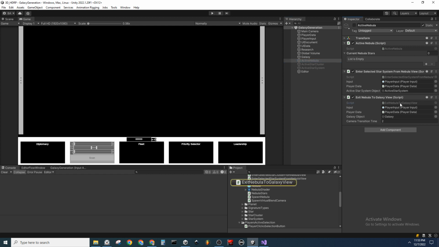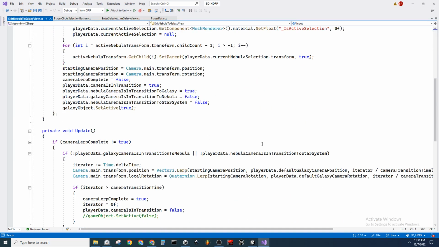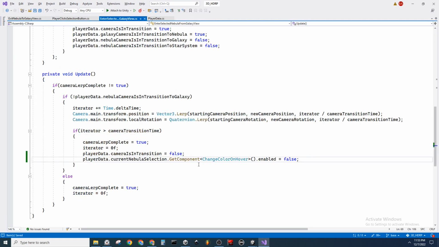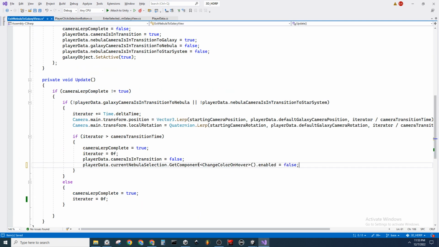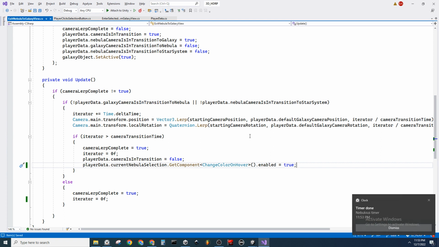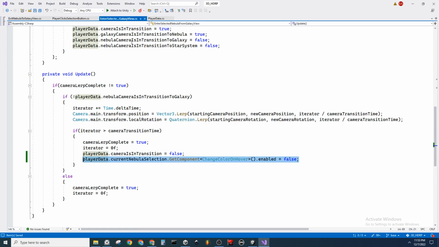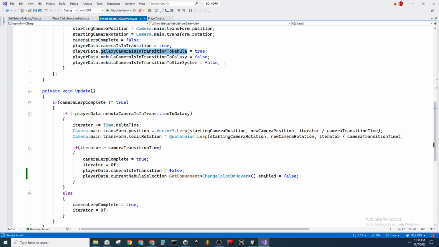Whenever we exit the nebula, we are essentially going to do the same thing. And we're just going to say, oh, and actually this one is true. Because once it's exited the nebula, we can in fact hover it. Alright, so then basically all we want to do is say, we basically want to use these two, these true values to say